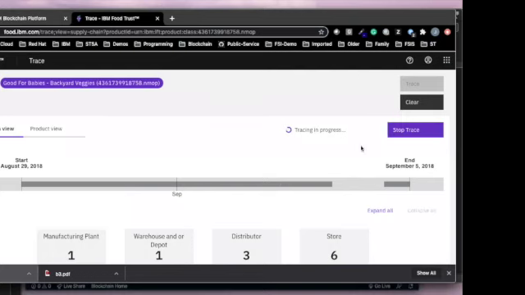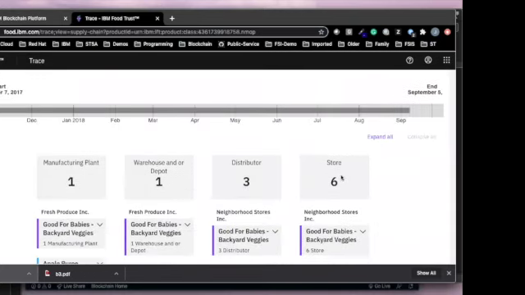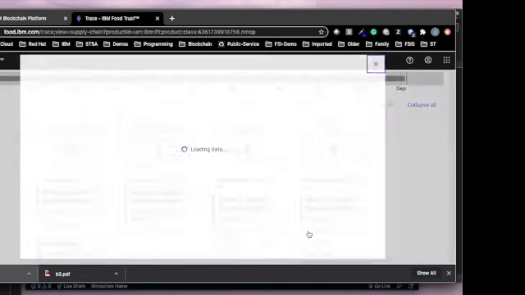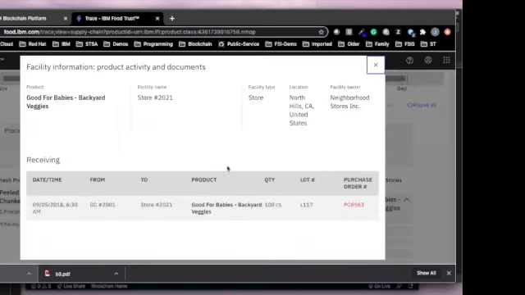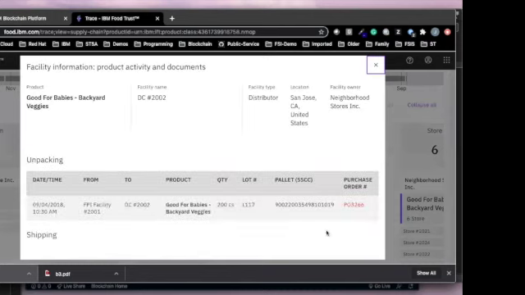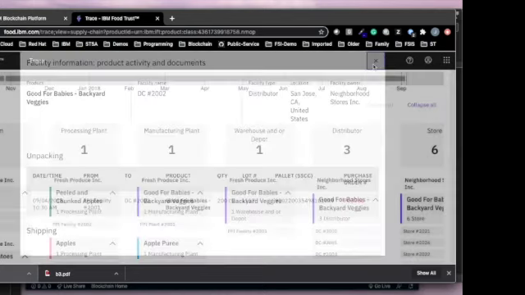As it continues to work through the trace, notice here we can see the stores. So if there was some sort of a recall, if there was a problem with contamination or something along those lines, and we want to be able to selectively recall or understand who has actually seen this information, we can do so. We can expand, we can look at the store information. I can drill down, get the address of the store, get potentially the lot number and the purchase order that was tied to it, the date, etc. I also can look at who were the distributors potentially that were tied to this lot of baby food. So again, which facilities have touched this, potentially to understand where the contamination may have come from,